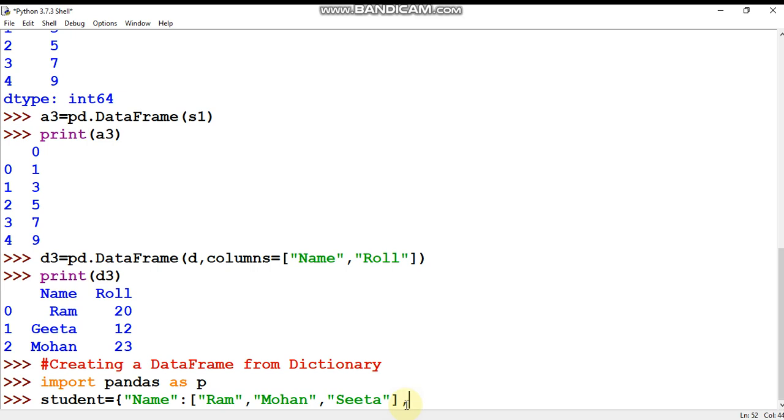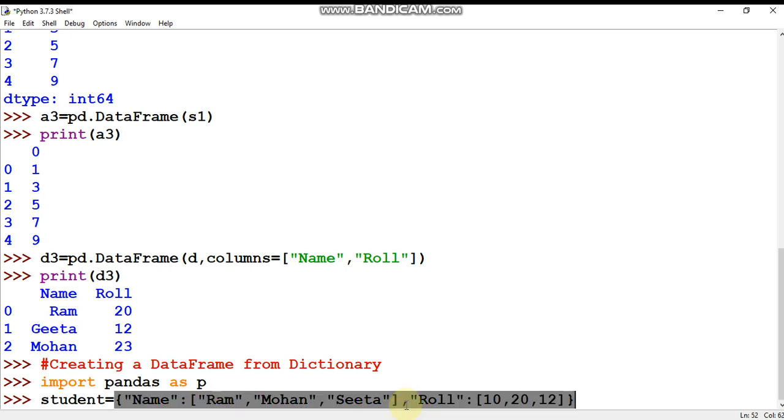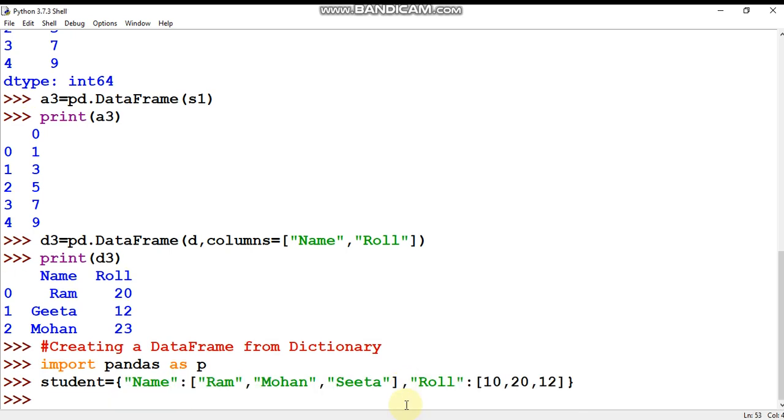Next I want to use roll number, so the next key is roll, and I assign 10, 20 and 12. Three names are here, so three roll numbers I have given, and then the closing of the curly braces. Now this is a dictionary. Its name is students, and two keys are here, name and roll number; the values of name are Ram, Mohan, Sita, and the roll values are 10, 20, 12.